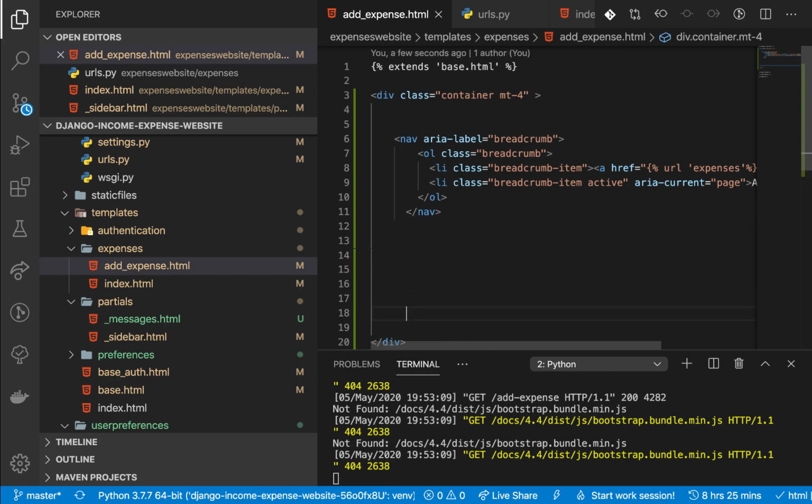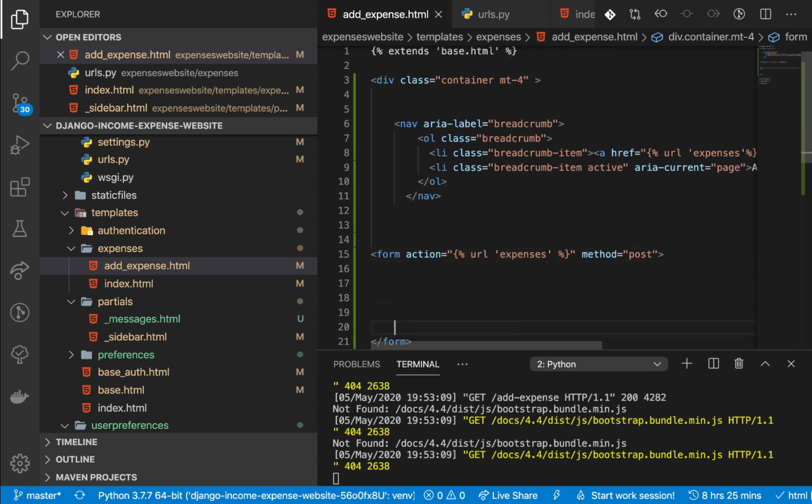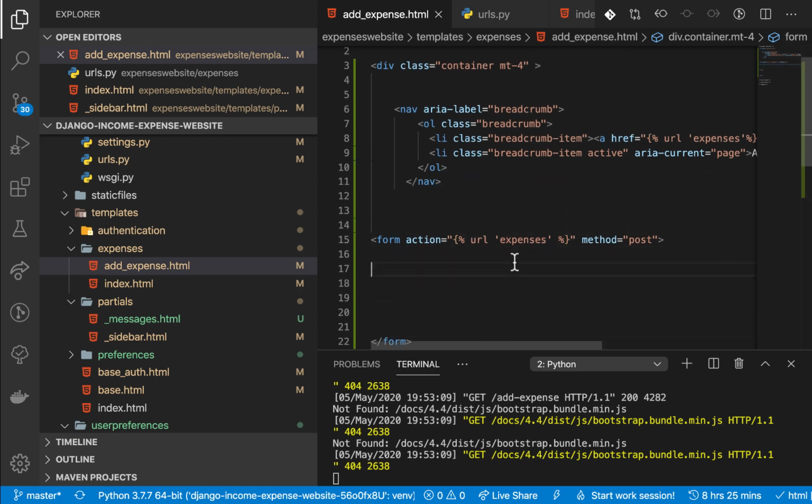And then now let's set up the form. So the form, actually not form. So form is going to make a post request. So it's going to make a post request to the same view. So it's going to go to URL expenses. Okay, so once that's there, then we need to, in the form, first thing we are going to need to,